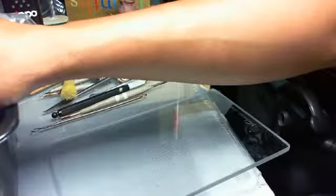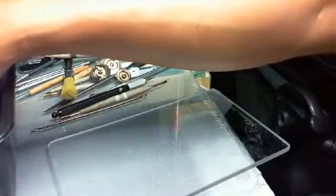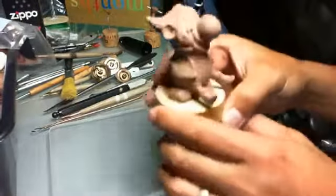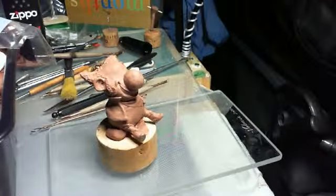Oh, crossroad. Ah, yeah, George. Yes, I'll be sculpting him later. A friend of mine, I'm doing a project for him. This dude, and